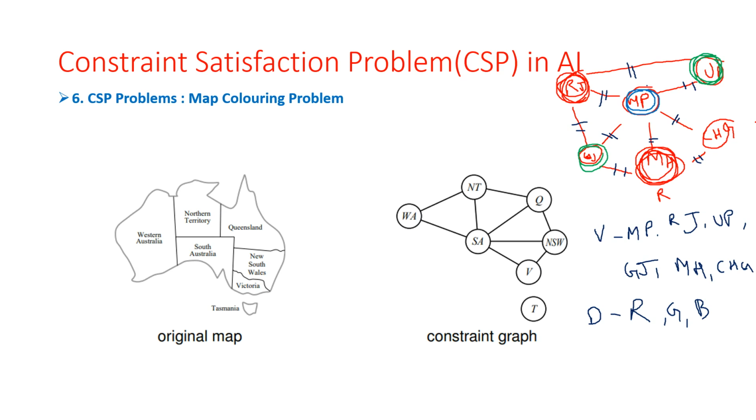So which color is suitable for Chhattisgarh? We cannot select Chhattisgarh as blue because this is a neighboring node of MP, and we also cannot select Chhattisgarh as red because this is a neighboring node of Maharashtra. So only one color is remaining for Chhattisgarh, that is the green color. Okay,